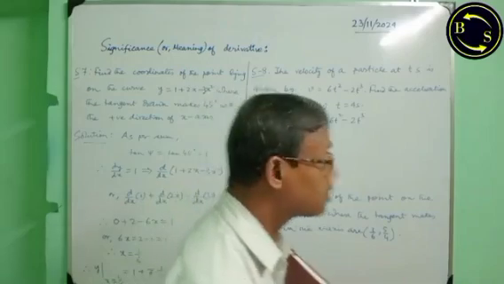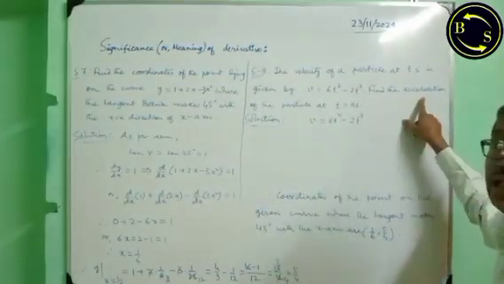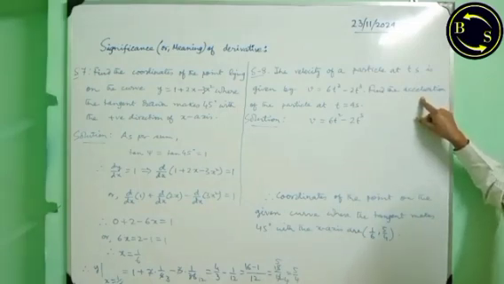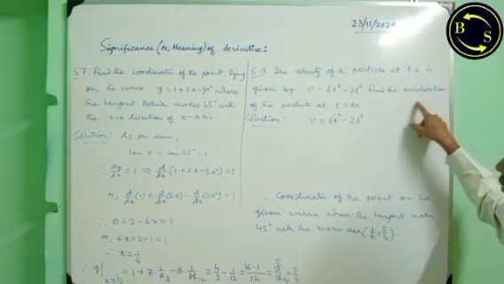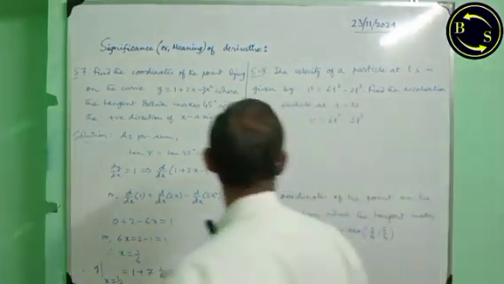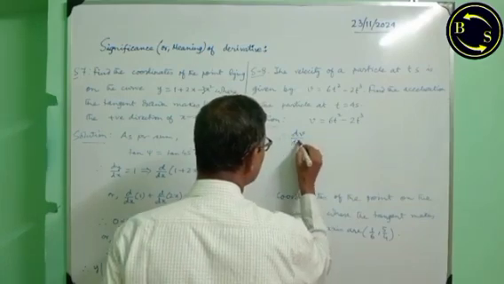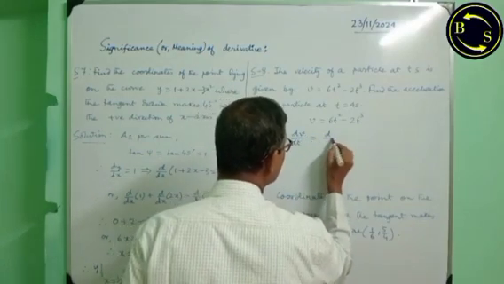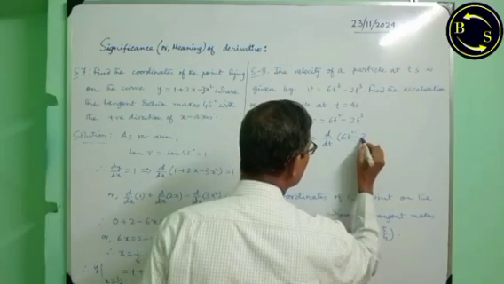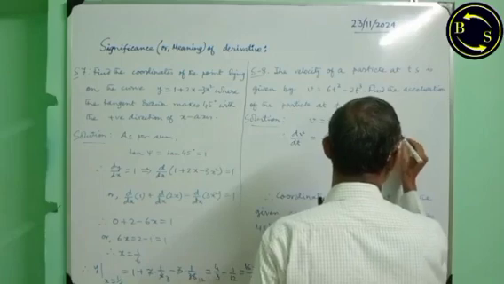Already I have discussed that acceleration is the rate of change of velocity, that is dv/dt. Therefore, to solve this sum, first we find dv/dt. Therefore, dv/dt is equal to d/dt of (6t² minus 2t³), that is equal to d/dt